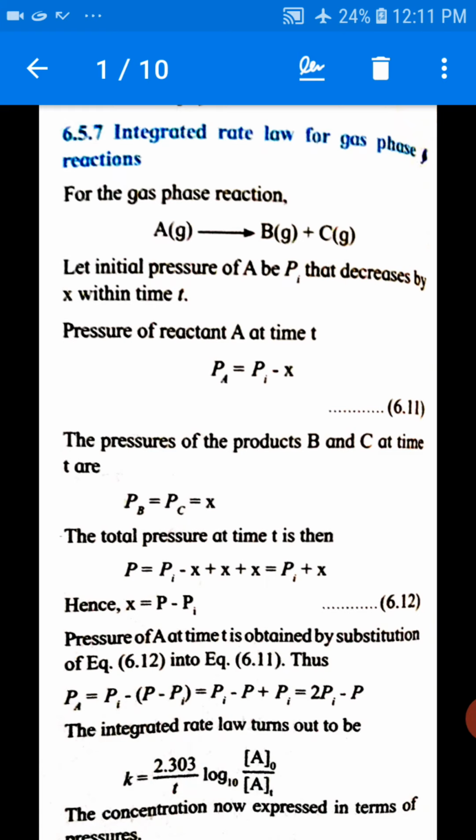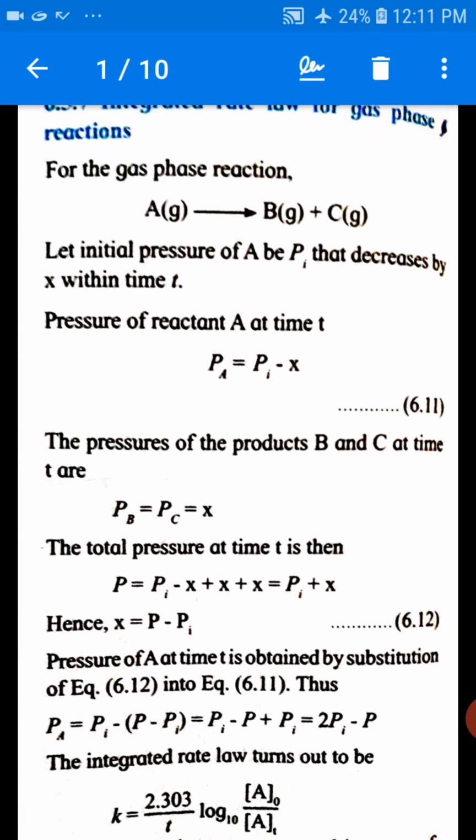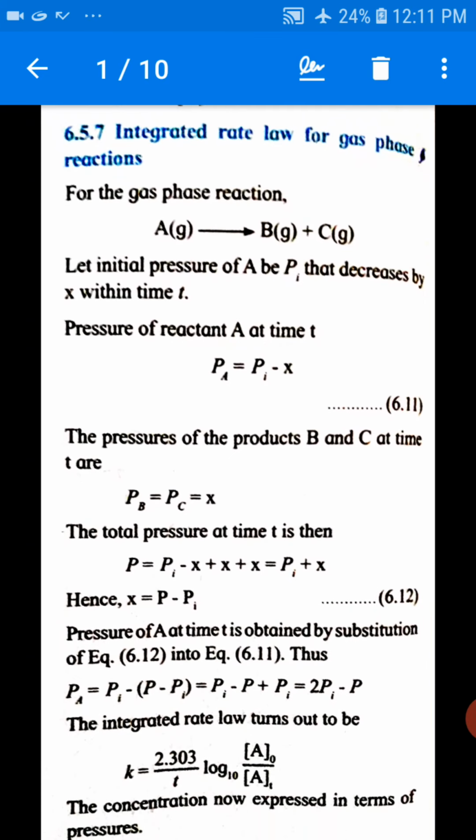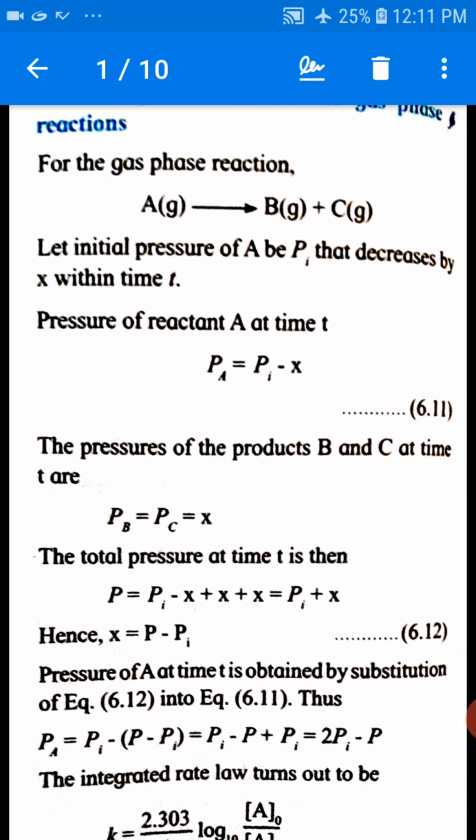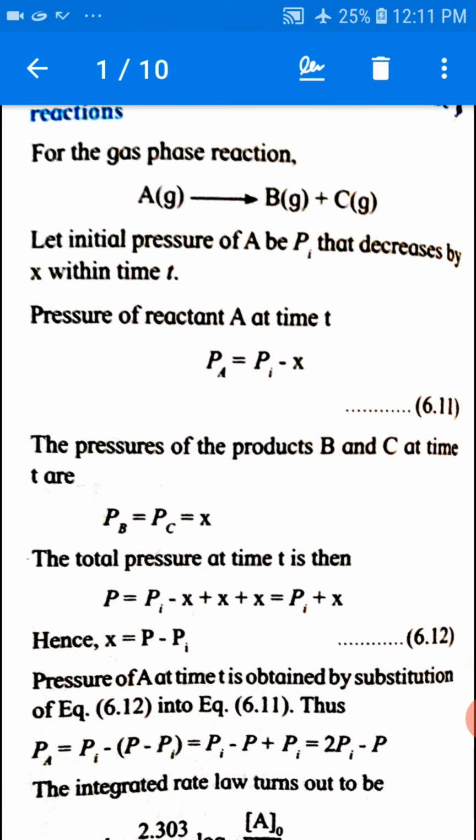The initial pressure of A is Pi, that decreases by x within time t. Suppose the initial pressure of reactant A is Pi, for initial, and that decreases by x within time t. Therefore, the pressure of reactant A at time t is,